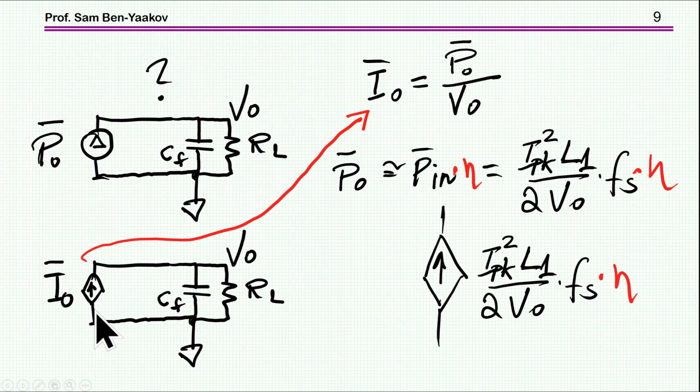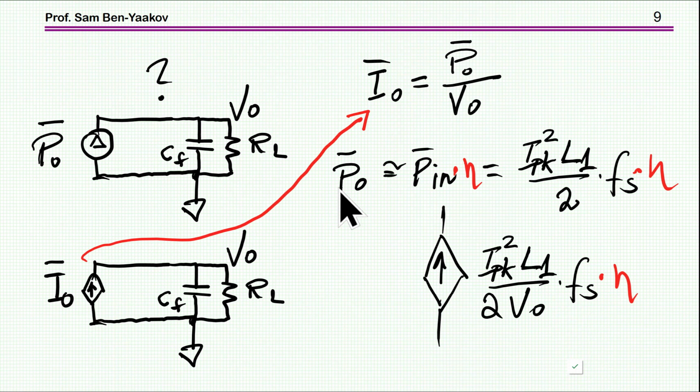To do that, I need a current source that will be defined by the required power divided by V out. So the power now is I times V out. I is P over V out, times V out, this will be P, that is the power. So this is a way to actually generate a power source with a unit that LT-Spice and other Spice and other simulators will accept. So the output power is equal to the input power,